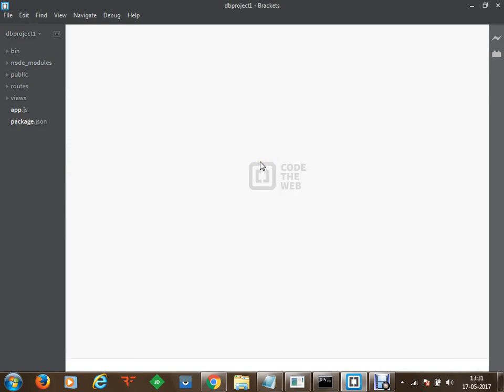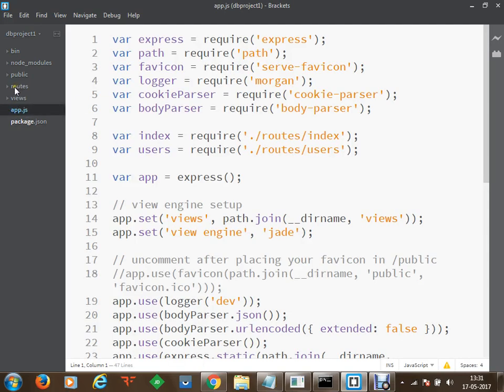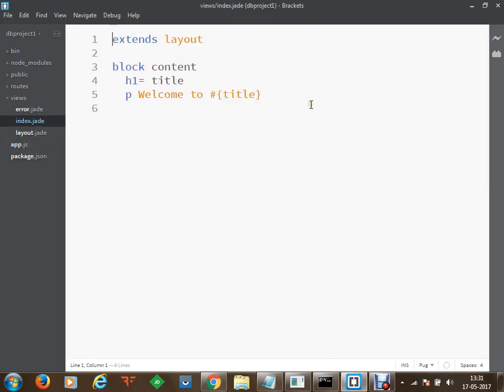Now we have to create a layout, take the parameters from the layout and display them on the application. We are going to forward those values from the user interface and send them to our machine. To do that, we are going to go to the routes, then the views directory. Within index.jade, I'm going to modify the content from here.